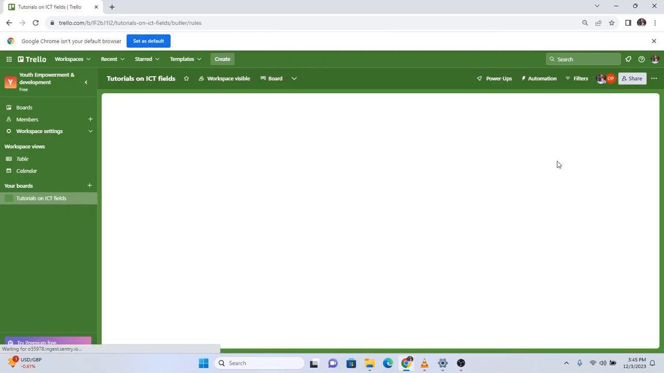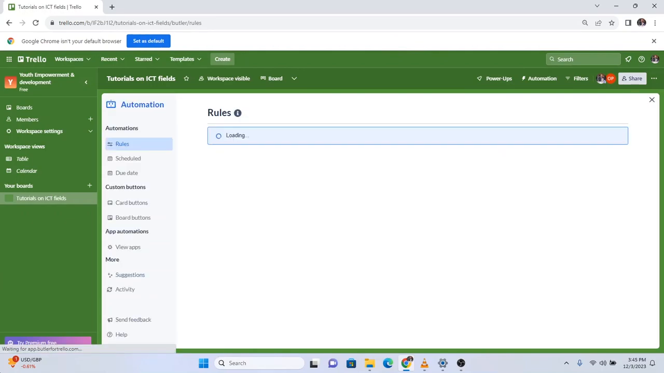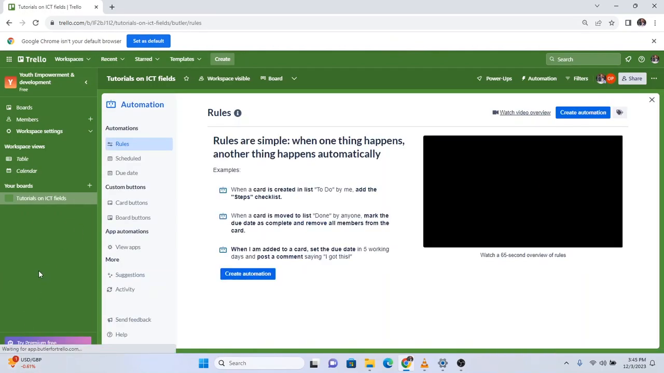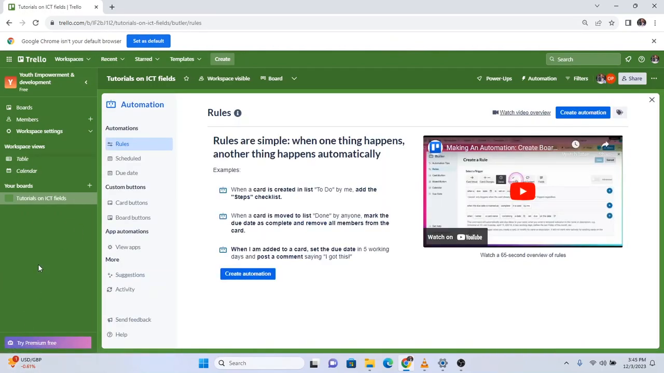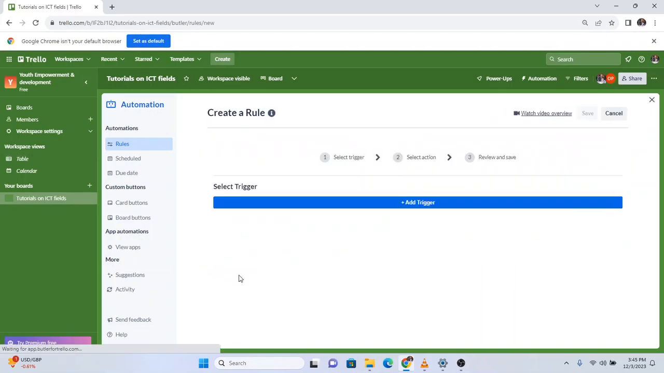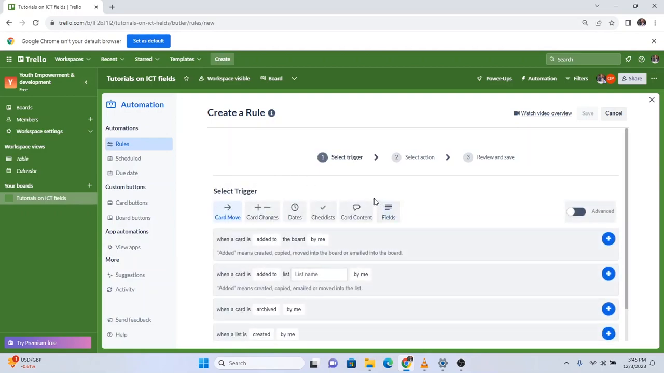So if I left click on rules now, it's giving you an idea of, this is like a tutorial on what rules are about. So if I come here and say create automation, the first thing it will ask me is add a trigger. So if I left click on add trigger,